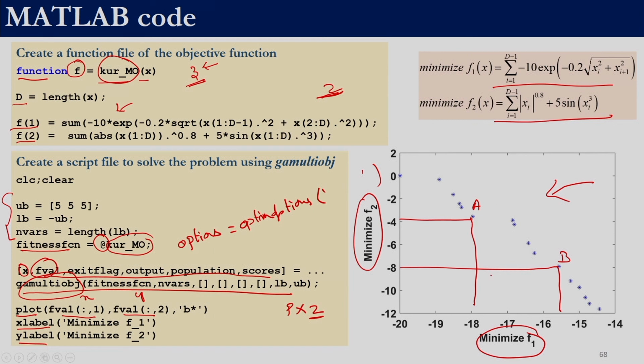So, remember, as we discussed earlier, the Pareto front need not be convex. So, the problems can have a non-convex Pareto front, right. Similarly, it is not necessary that a Pareto front be continuous, though it is desired that the Pareto front be continuous. Depending upon the nature of your problem and the performance of the algorithm, you may get a discontinuous Pareto front, right. So, it need not be convex, it need not be continuous.